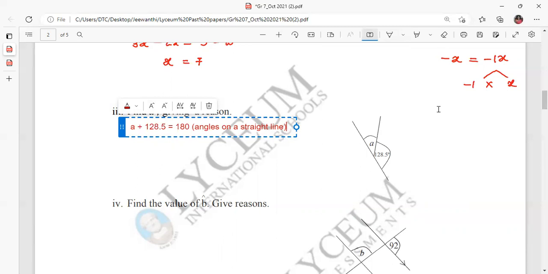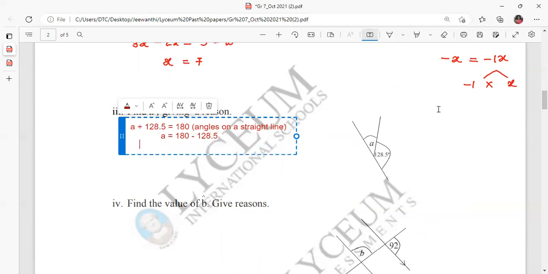No, you don't want to write that part because you have already shown it inside the equation that when you add these two angles, it will add up to 180. Already you have shown it. Therefore, you don't want to write it in words. Instead, you write the reason, angles on a straight line, right? So then you keep A here. So then 180 minus